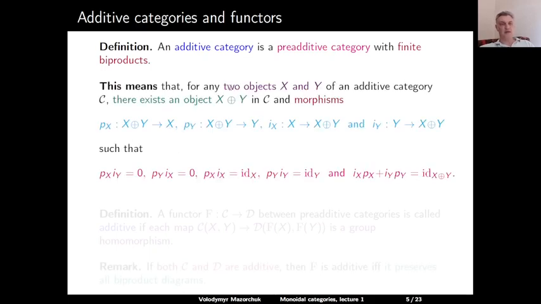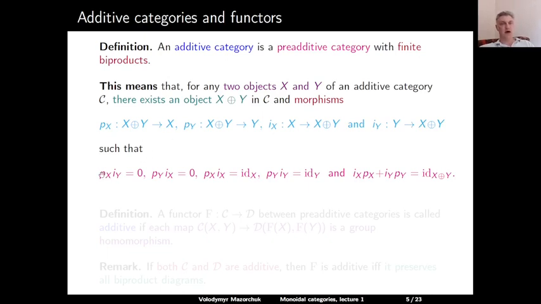This means that for any 2 objects x and y of any additive category C, there exists an object denoted x direct sum with y in C, and morphisms p_x from x plus y to x, so this is a projection onto x, the morphism p_y from x plus y to y, this is projection onto y, the morphism i_x from x to x plus y, so this is the inclusion of x, and the morphism i_y from y to x plus y, this is the inclusion of y, such that the following